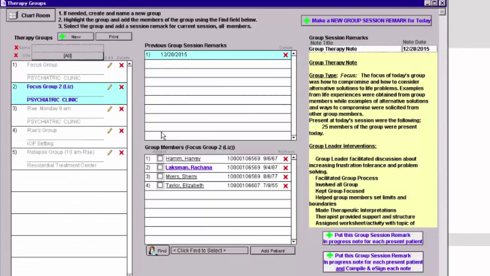Now this is the part that is really cool to look at. So for this focus group, pretending that we have 25 patients in this list instead of just 4 or 5 over here. Here's our group session remark that we just made today. It's showing today's date right here. You can actually push out this session remark into all 25 members' individual note areas with the click of one button. Push this group session remark in the progress note for each patient present and compile the note and e-sign